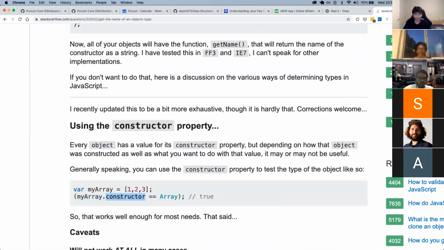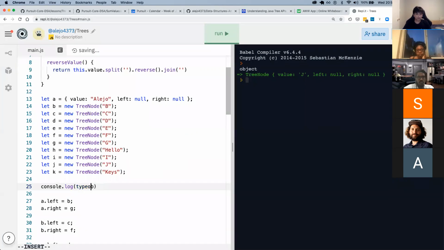You can say myArray.constructor, and it might work. Let's take a look at that. So if we do a.constructor, let's just see if it works. Okay, we got function Object. Note that we are keying into the constructor. We are kind of going off path here a little bit. We're keying into the constructor key of A, but A does not have a constructor key explicitly defined here.